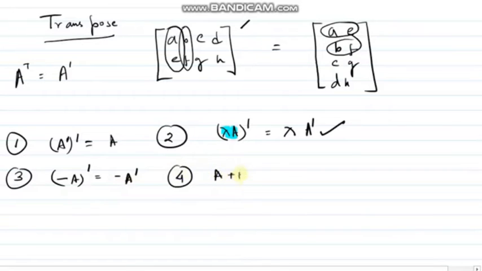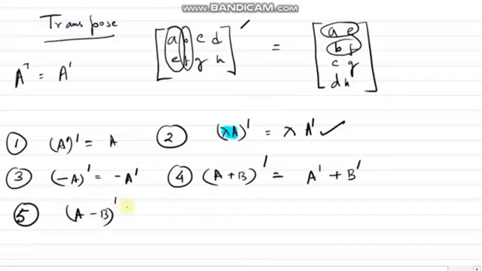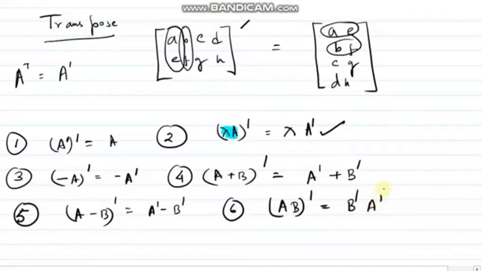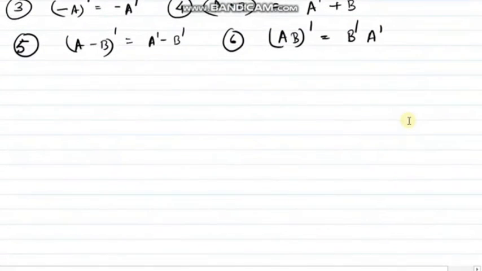Next one is, for any two matrices, A plus B transpose. Now for any two matrices to perform A plus B, they have to be comparable matrices, right? So this will be equal to A transpose plus B transpose, because otherwise, if they are not comparable, if their row and column numbers are not equal, you can't perform A plus B, right? Similarly, A minus B transpose is equal to A transpose minus B transpose. Last one you need to just learn a bit. So AB transpose will be equal to B transpose into A transpose. That's all the properties. If I have time, I am going to discuss the last property only, otherwise I will just move on.